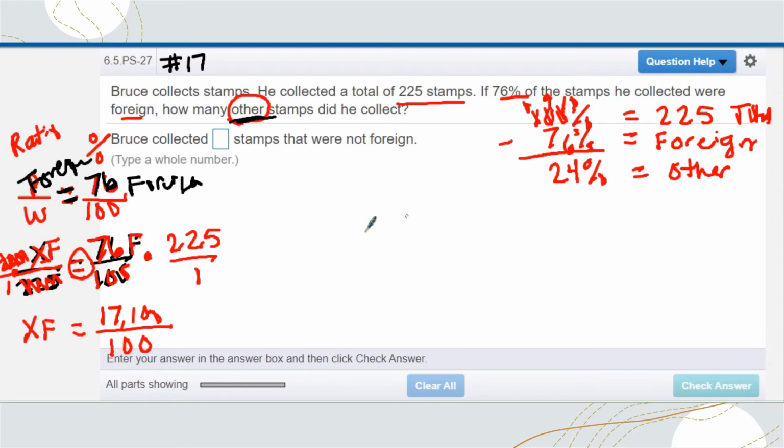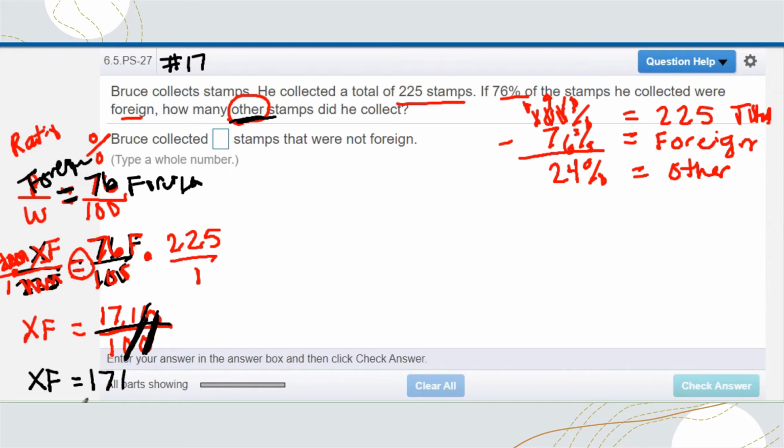And now I need to divide. It says 17,100 divided by 100. Remember, a fraction is a form of division. So I can just divide my numerator and denominator by 100. So I cross off these two zeros together. You can only do this with zeros because numbers work with the power of 10. And now I have 171 divided by 1. So that's going to be my x, which is represented by foreign coins, is equivalent to